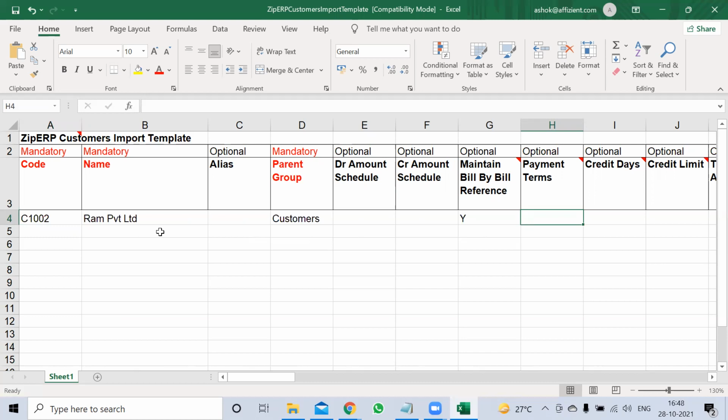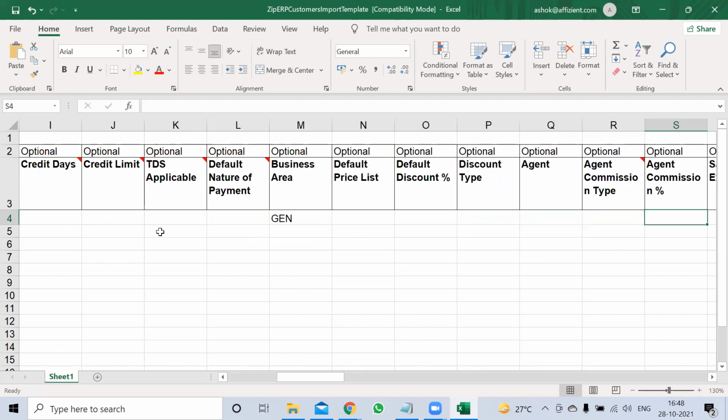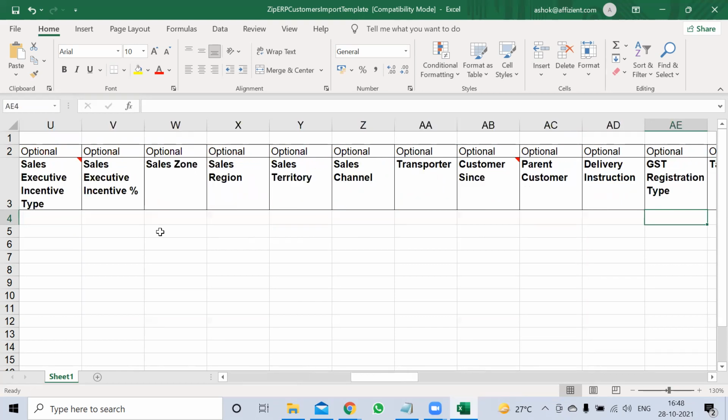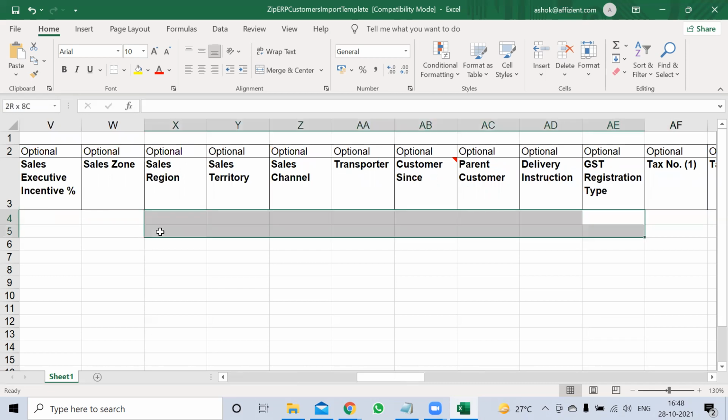Don't worry. Just scroll down to the right side. Business area should be GEN. M column. Yeah, GEN, right? Scroll down to the right. Region, territory, if you have, you can put. If not, this has to be first there in the masters. So for now, you can leave it blank. GST registration type, you can write exempted.